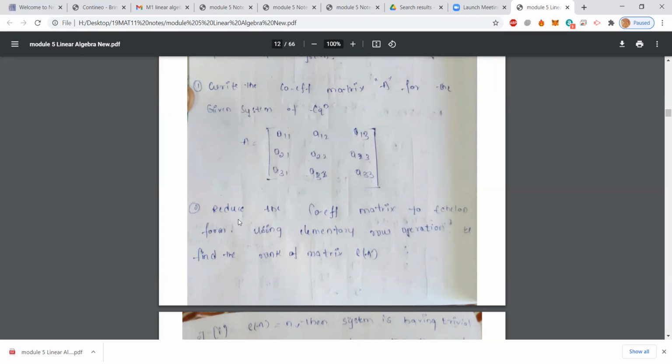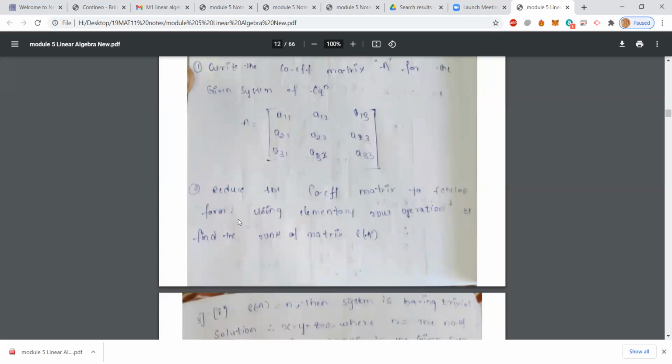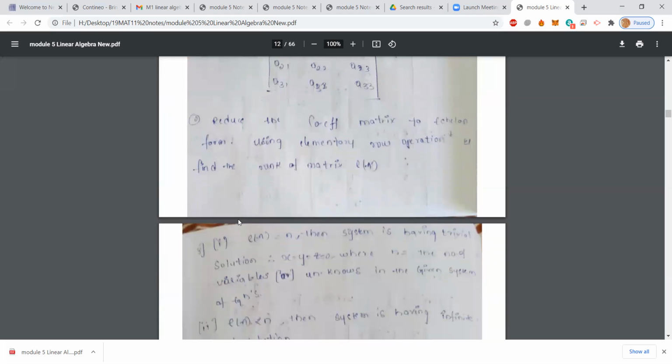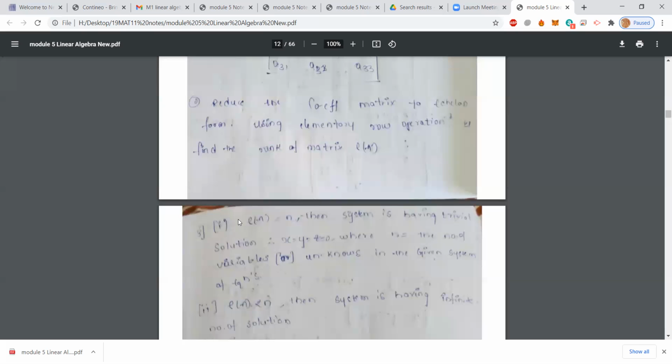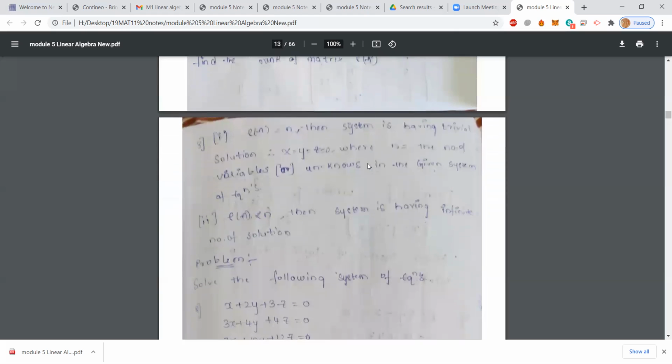Second step, reduce the coefficient matrix A to echelon form using elementary row operations. You know the three elementary row operations. Use those elementary row operations to reduce the matrix A to echelon form. Then find the rank of the matrix A. The rank of the matrix A is denoted by rho(A). Then the third step,